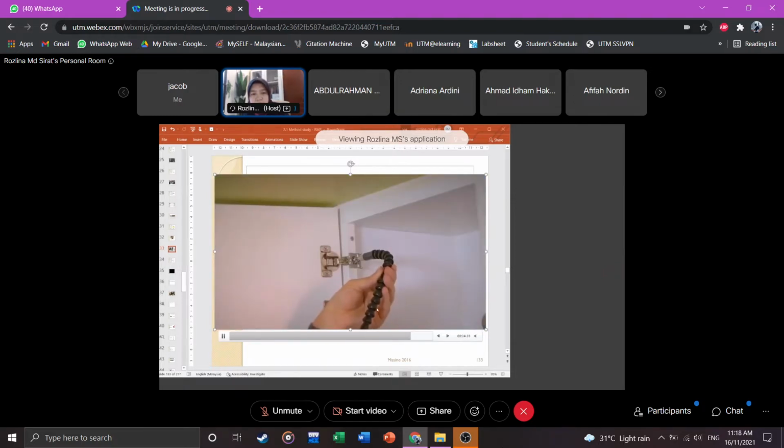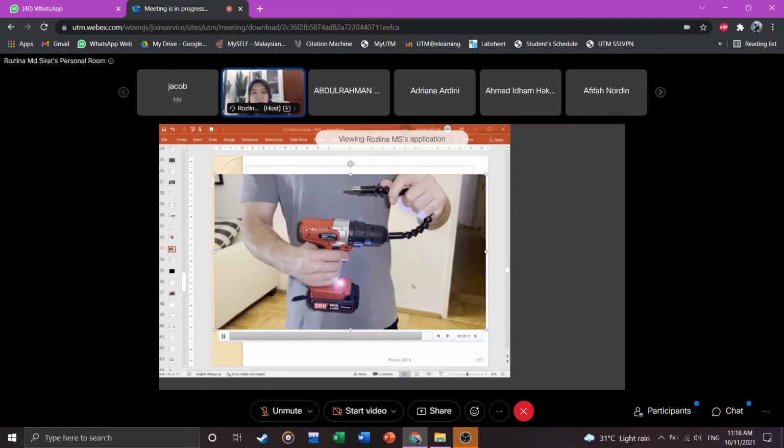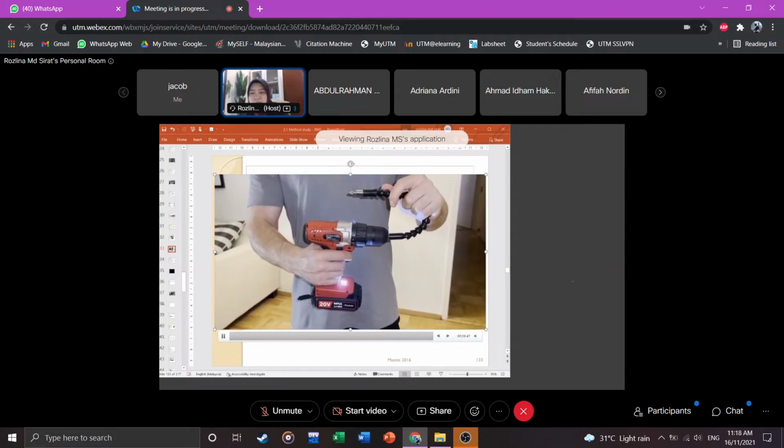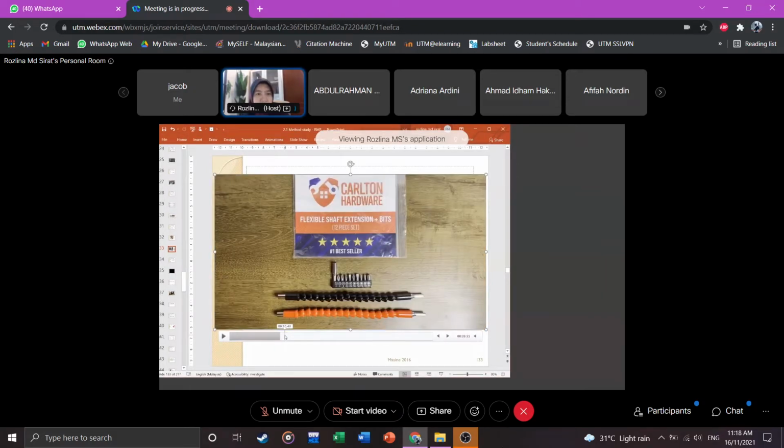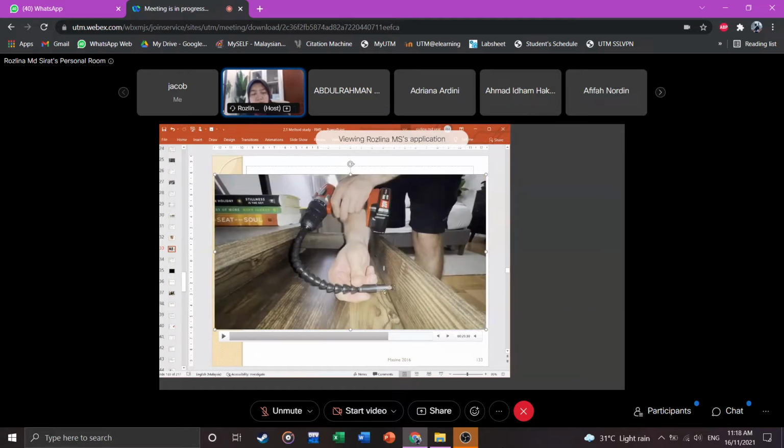What is the name? This one. Tadi ada yang dia tulis kan? Apa dia? Flexible shaft extension. Flexible shaft extension. Okay, when you use the flexible shaft extension, you can reduce the movement, the ineffective movement, ineffective